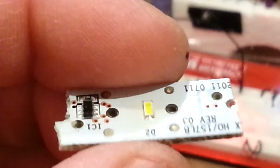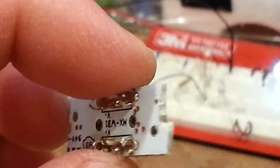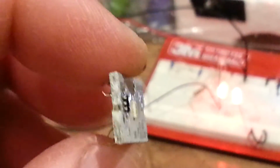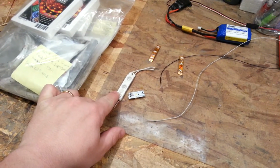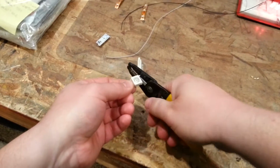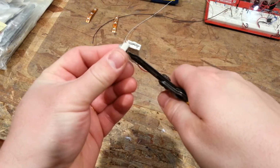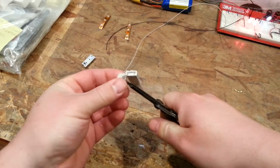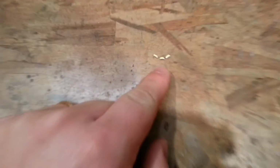You guys see how small it is? It's insanely small. The board is about, I would say, 3 times as thick as the light. I will take them from this scenario and cut them up, just using different tools. This is one of them. And then I'll end up with these multi-layer boards, and I have to split this plastic off. It's quite a task. And then eventually I refine them down to this,